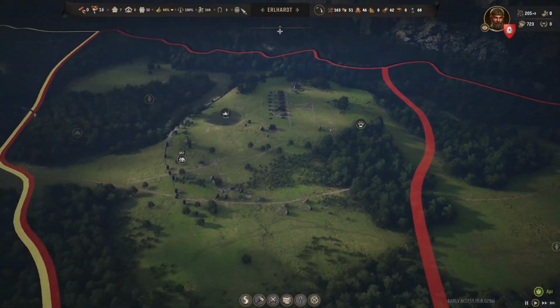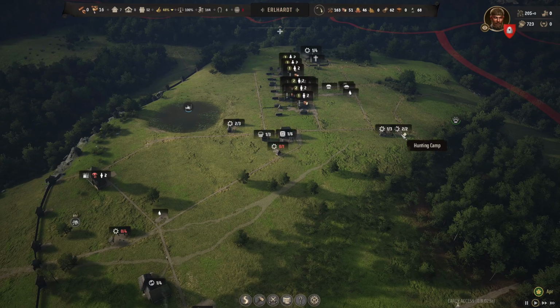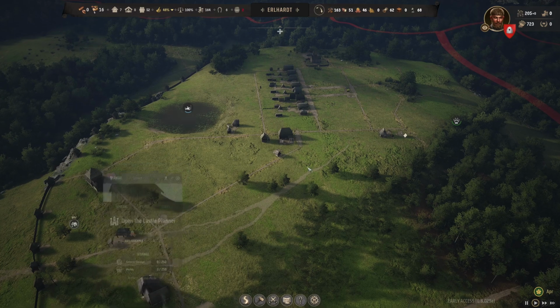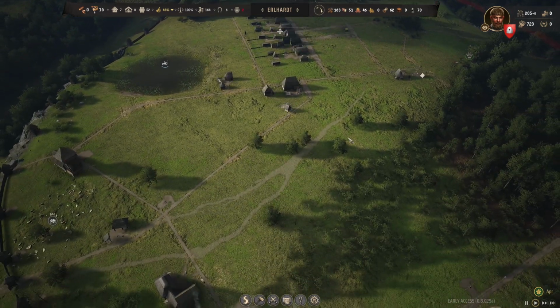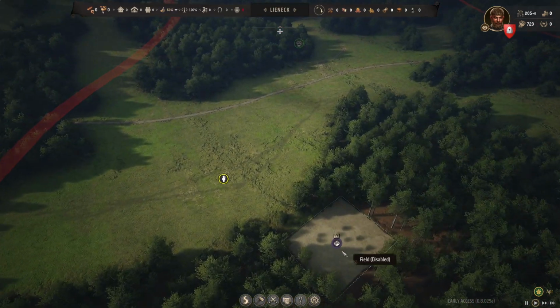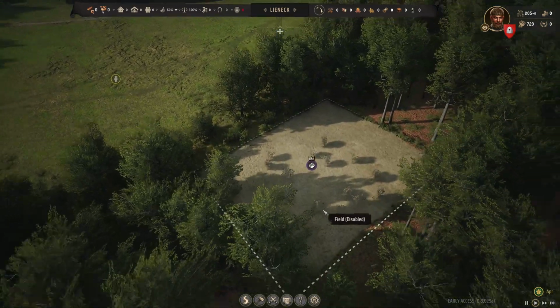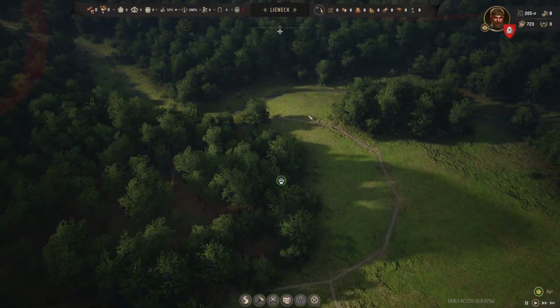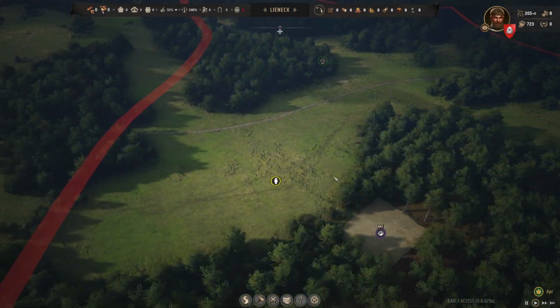But that's besides the point. So what are we up to now? We now first need to fix our food issue. Currently we've got 2 people in the hunting lodge, we've got 2 people in the fisherman's hut, and that's all the food we've got at the moment. We were trying to get this region ready to be occupied. So you can see down here I've got this field to block off where the berries are, so no one will interfere with that. We've got this road around this hunting camp,